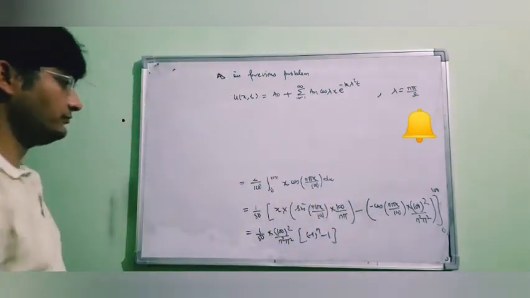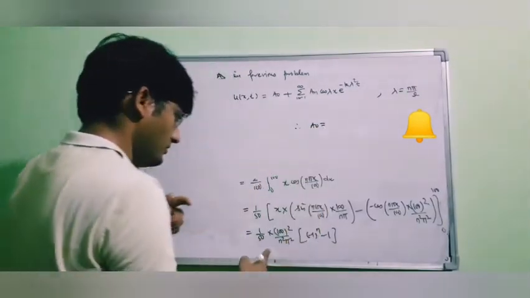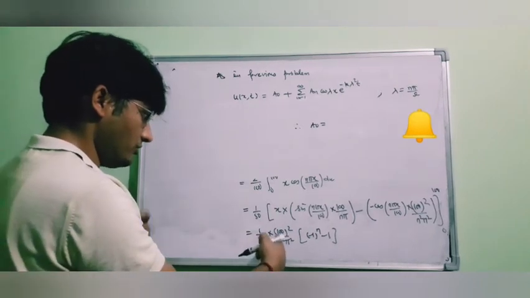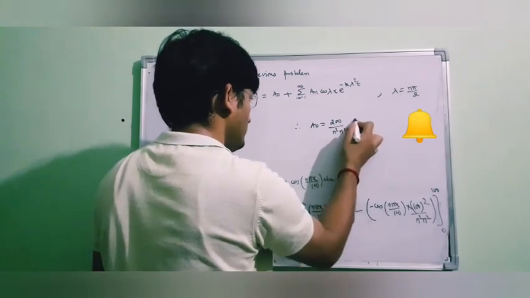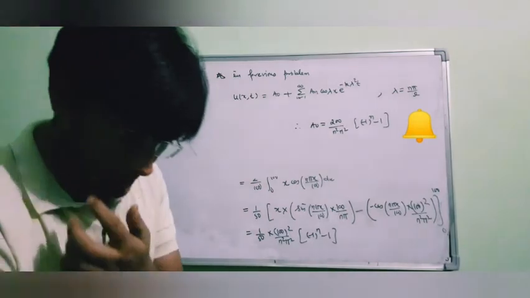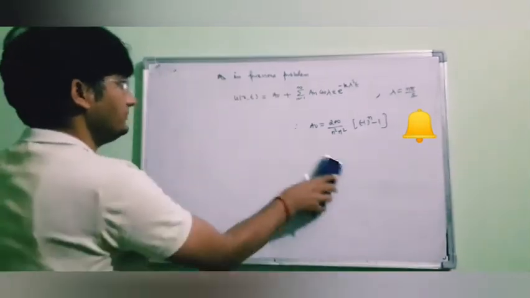Therefore our An is 100 into 100, so this will be 200 upon n square pi square into (minus 1 to the power n minus 1). So this is our An, and hence the solution is,